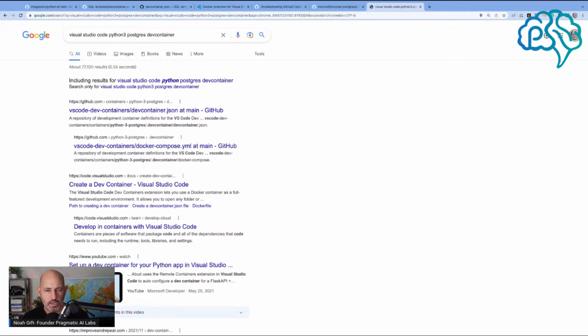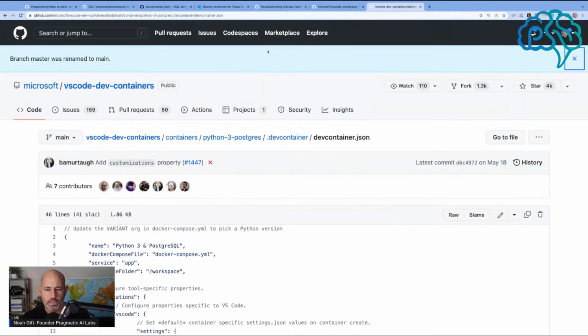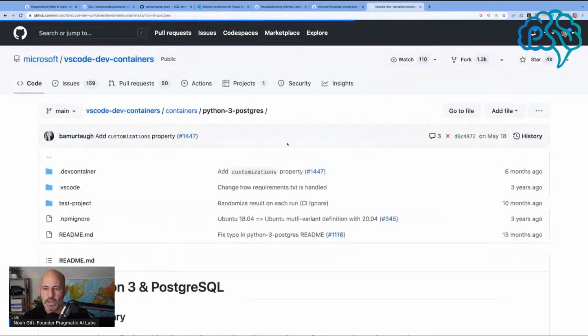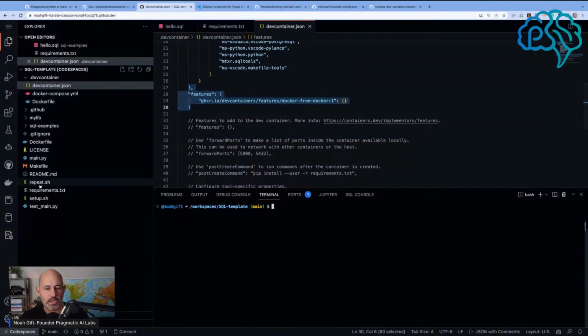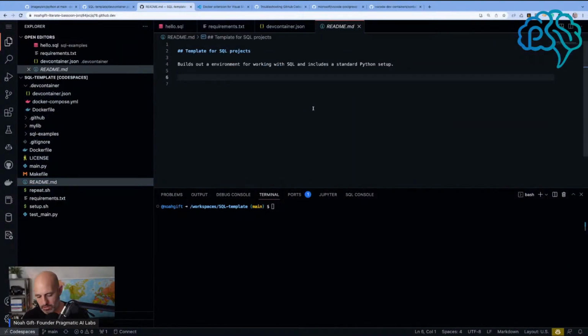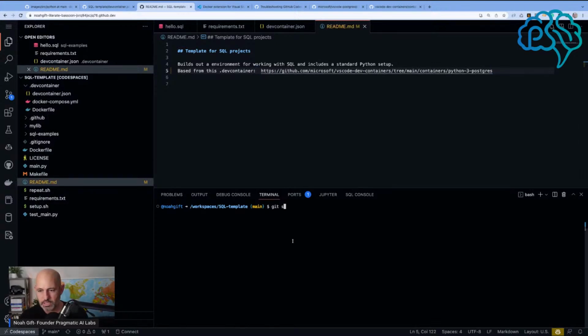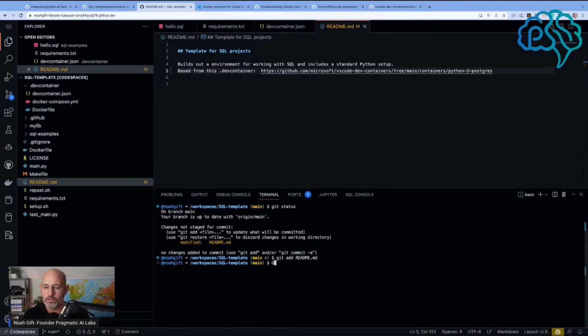You have any documentation anywhere? This is what I care about. Okay, so what does this thing say? And in fact, let's put this into the link here. So I've got some documentation about this. Let's see, like based from this .dev container. All right, so at least I got some documentation running. Get status, get add, readme, get commit, adding docs. Okay, so